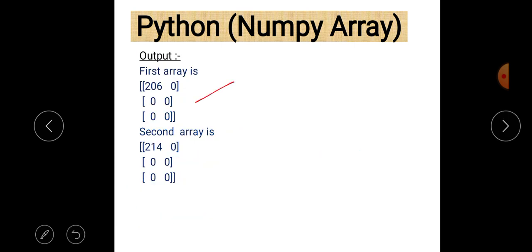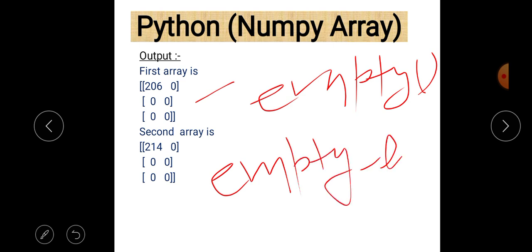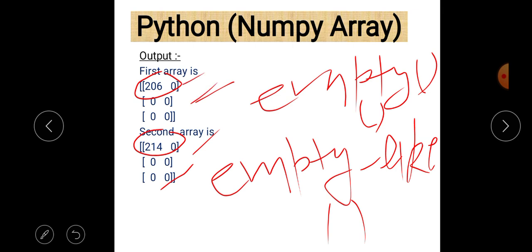It is the first array using the empty function. This is the second array, created by using empty_like. The basic thing between these two is that the first element is 206 and in the second it is 204. So they are not equal, they are very much similar. Size is the same. As far as values are concerned, both of them contain random garbage values. Clear?